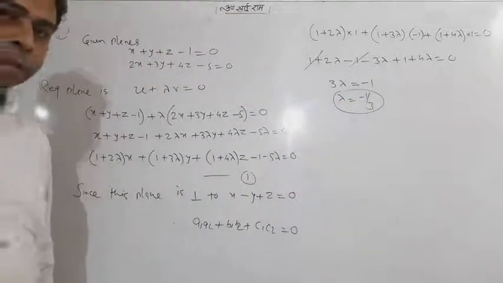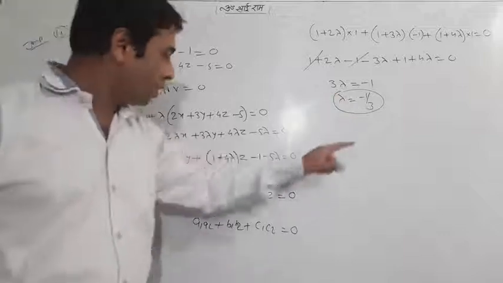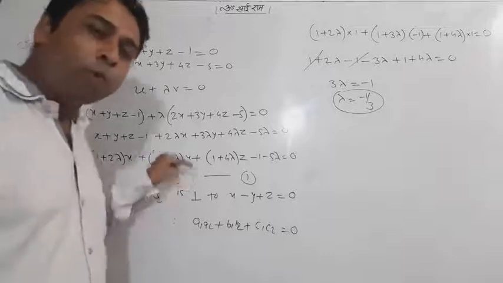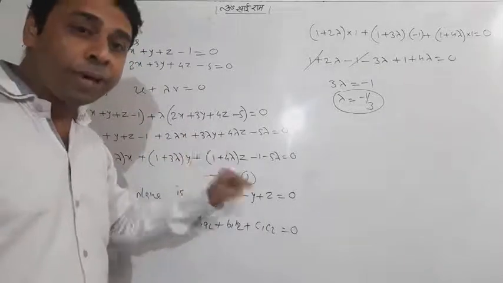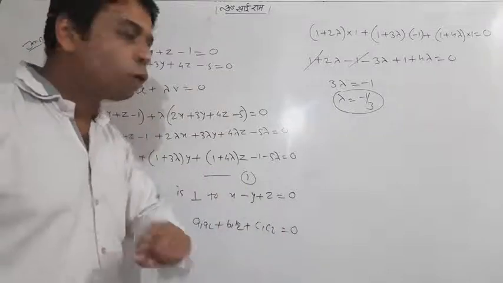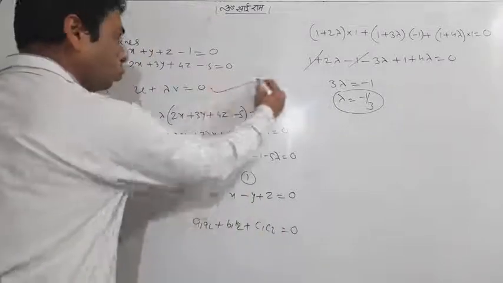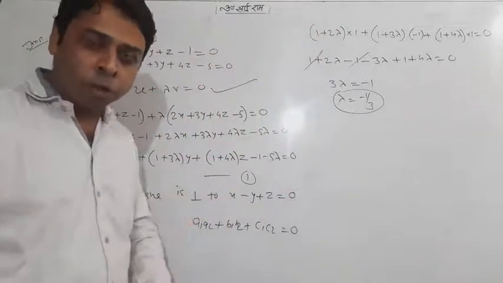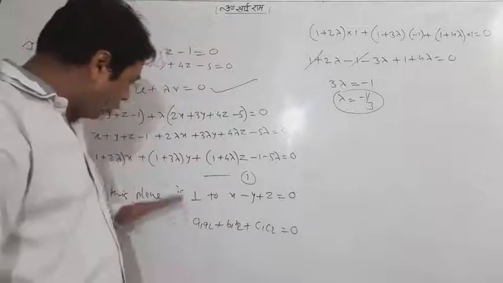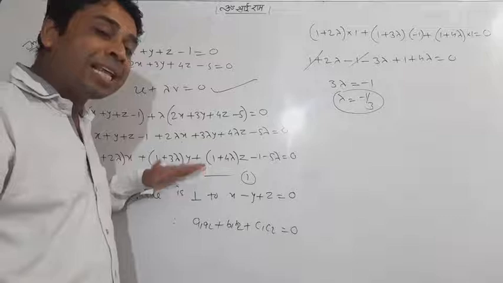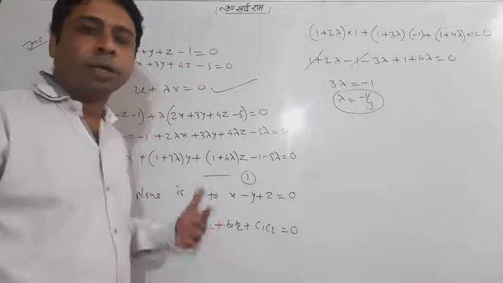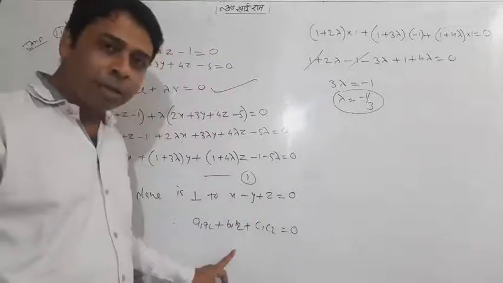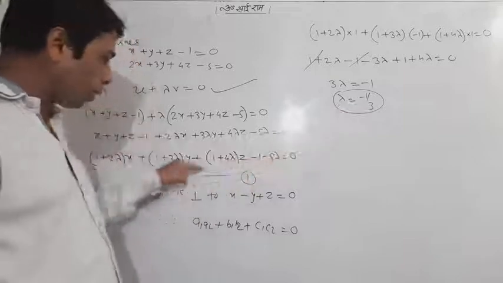This is my lambda. Now the rest of the work I am leaving to you. Put lambda equal to minus 1 by 3 in the whole equation and simplify. Whatever the answer, it will be in the form ax plus by plus cz plus d is equal to 0. I don't think it's a trouble. Initially you should know that the plane passing through the intersection of two planes is u plus lambda v is equal to 0. Put your values and get your plane in the general form. Then from the remaining condition, that this plane is perpendicular to the given plane, you know what happens when two planes are perpendicular. Put your values, get your lambda, put it in this equation and get your answer.